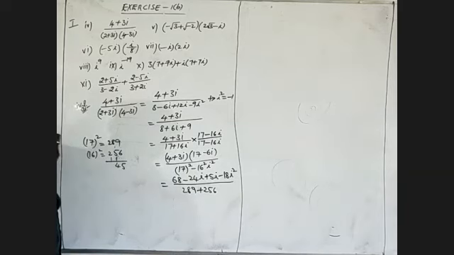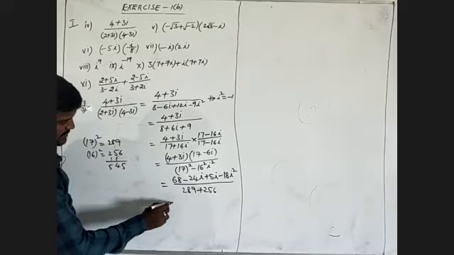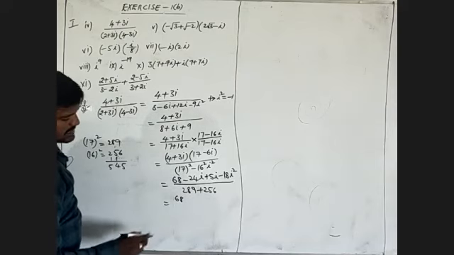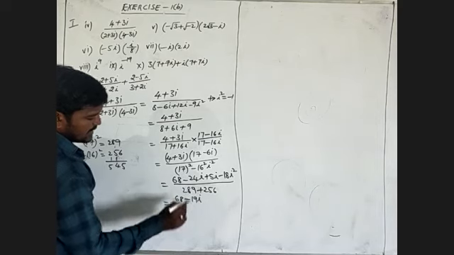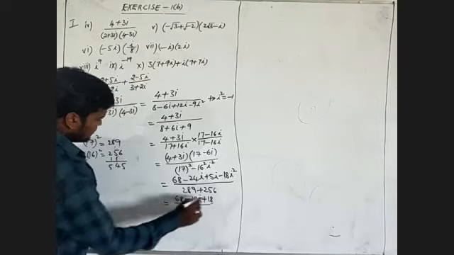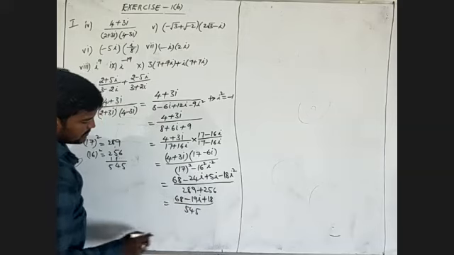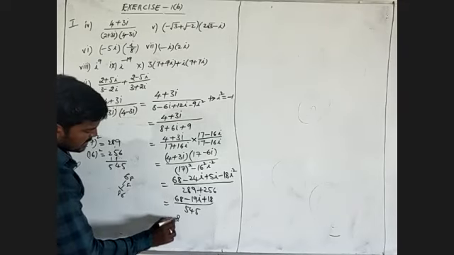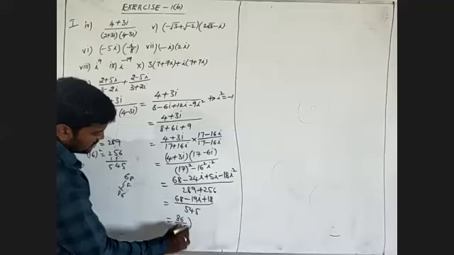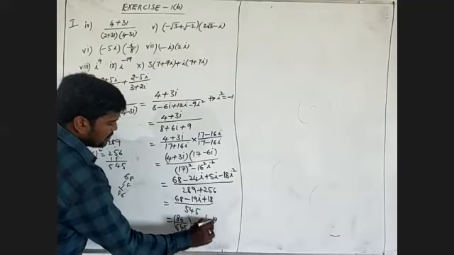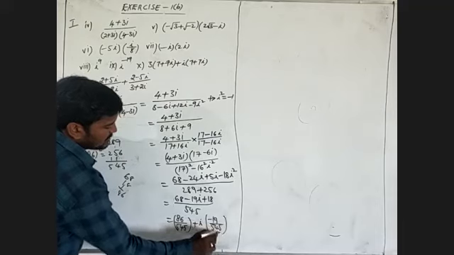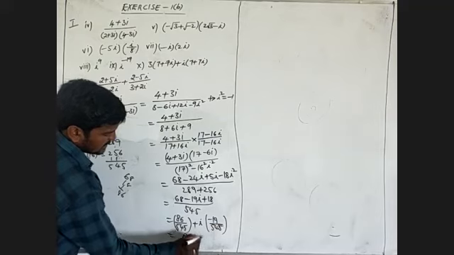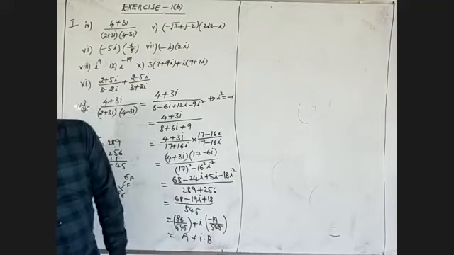After that, the given value is 68 minus 24i plus 51i is 27i, minus 18 we will write. By the denominator 325. 68 minus 18 is 50, I will write. That means 50 by 325 plus i into 27 by 325. Here, given, it is of the form a plus ib.